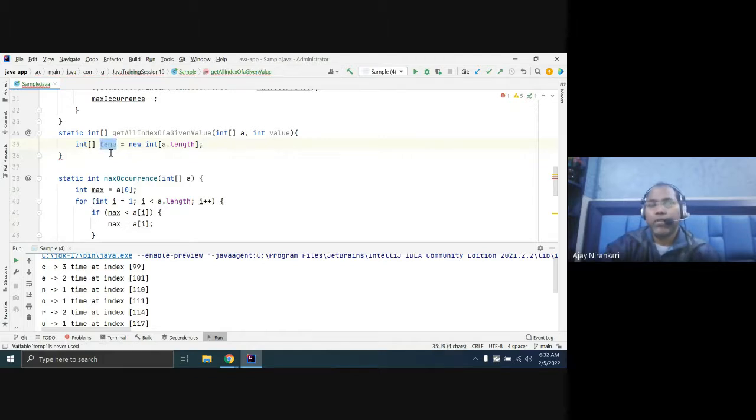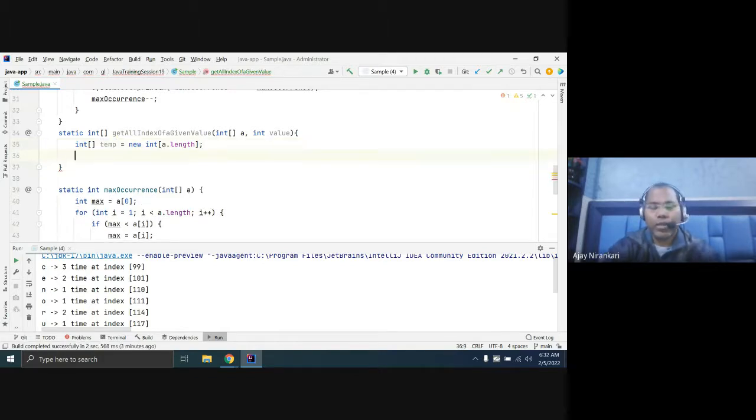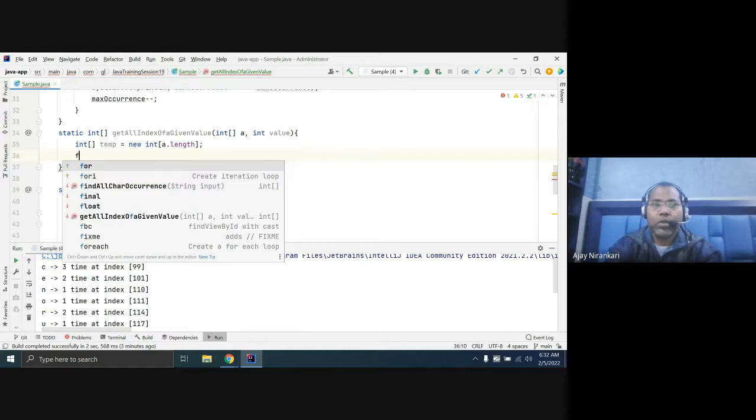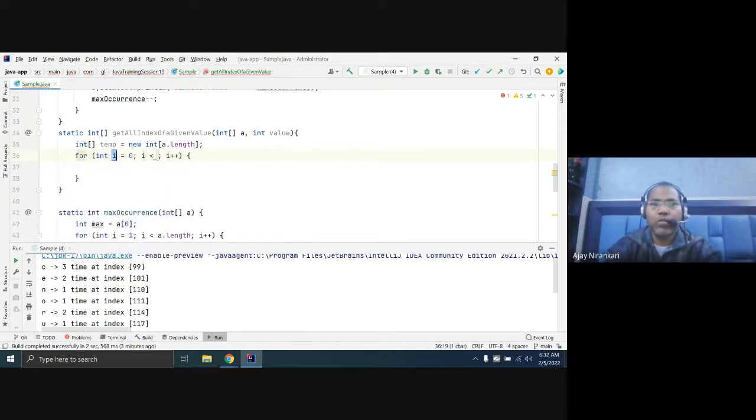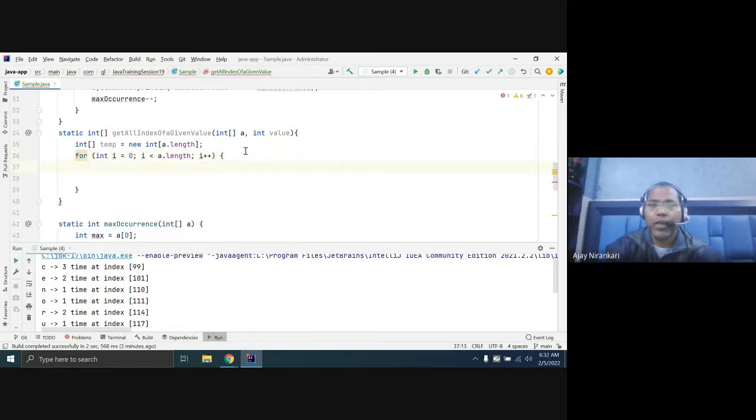So from here, you have to just loop. Let's loop till a dot length and figure out if any value matches with this.